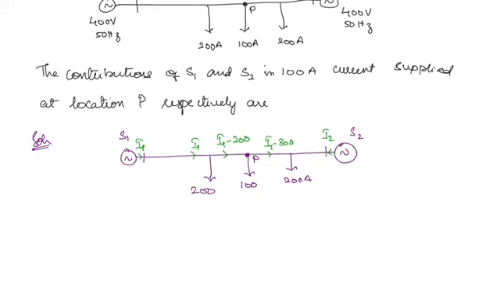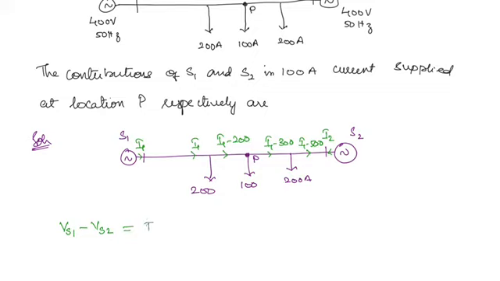Next, what about this section? Here the current is I2 in the opposite direction, but we want to express all the currents in terms of only one variable, I1. If I1 minus 300 is flowing like this and 200 is being tapped off, what will be left here? I1 minus 500. Since it is given as unity power factor, we don't have to worry about the phase. Now what will be the voltage drop Vs1 minus Vs2? In this case it is given as 0, but what will be the expression in terms of the current?